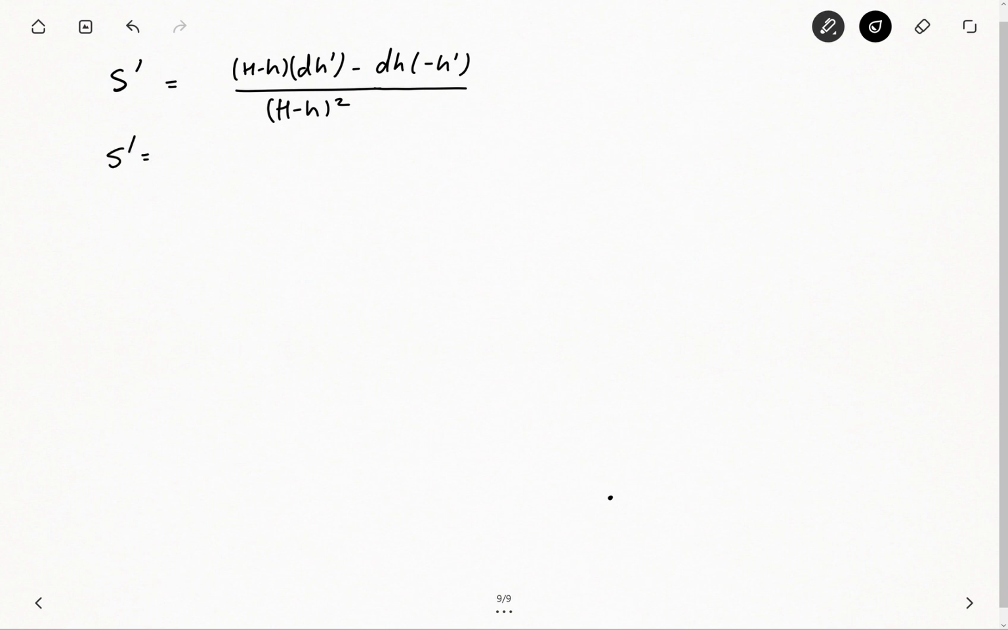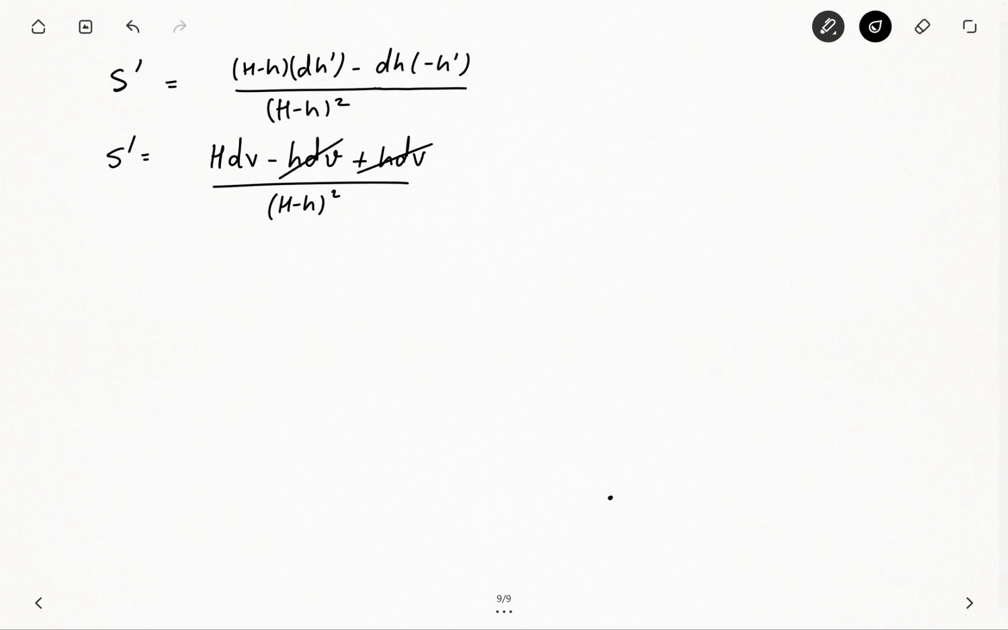So S prime is just going to be capital H small d V minus h d V. You have a positive h d V there, and that goes away. And you're left with this over capital H minus h whole squared. Now, in this situation, what you have to do is substitute for d, which we got in the other case to be something like that. So to submit the answer without the d, we'll plug in for that. So d in our case was h times,